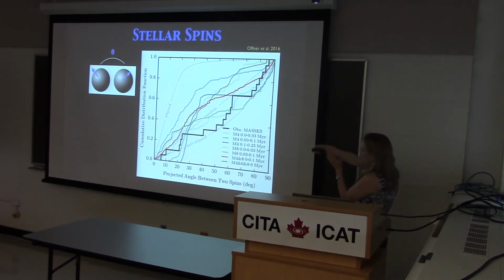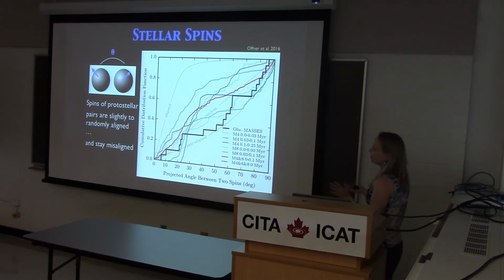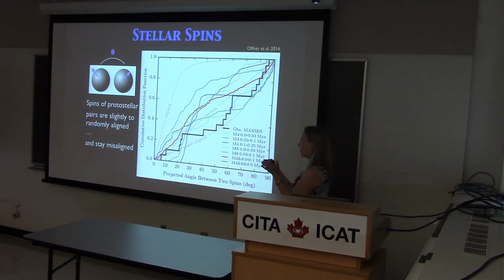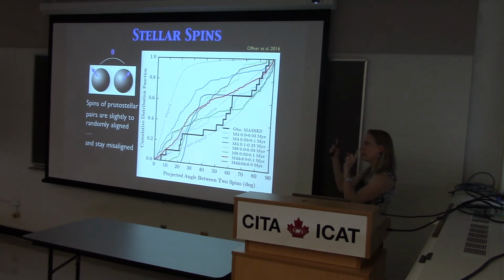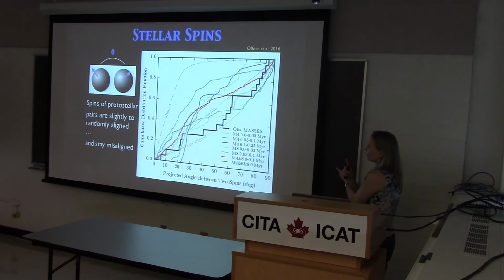So I've subdivided the simulations in a variety of different ways, with different core masses and different times. And the takeaway message is that no matter how you splice it, the spins tend to be randomly misaligned, and they actually stay misaligned. This result was surprising to me, because I assumed they might start out misaligned, but then as they move to closer separations, they would be accreting from the same reservoir of gas, and their spins should begin to align again. But in the simulations, it at least turns out that they accrete enough gas further away, when the angular momentum of the gas is uncorrelated, that there's a relic misalignment that remains even at these close separations.